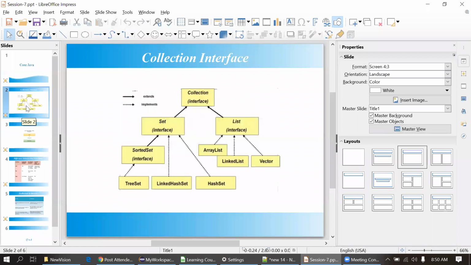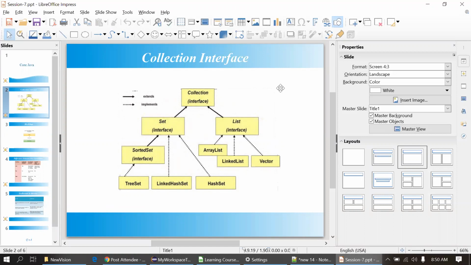Yeah. So today we will look at the collection interface. So what is basically the collection interface? Now we have seen in the earlier session that we are using the array. If we define an array, there is some limitation that we can only provide a limited size there. If our requirement is a dynamic data type, where we want to decrease and increase the size of the array, we cannot do it with an array. So we have a different set of options present in the collection interface.